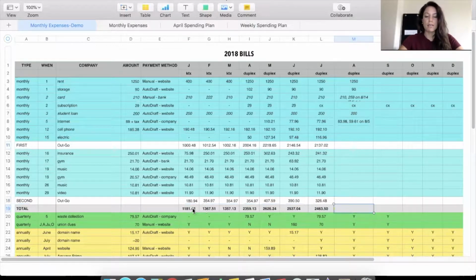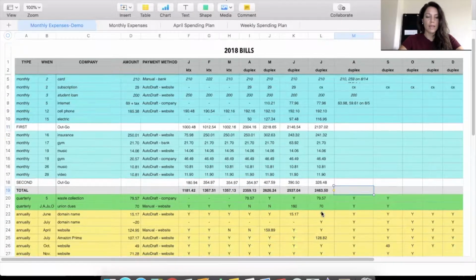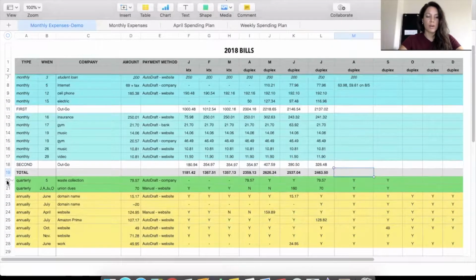And then I can see each month, are we spending a whole bunch? Are we spending a lot less? How are we doing? And that helps me keep track. And then continuing with the rows, here's our quarterly